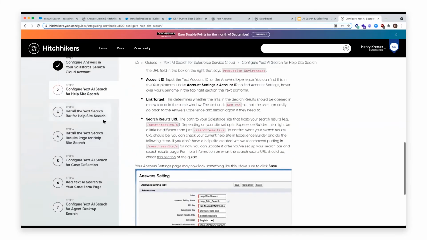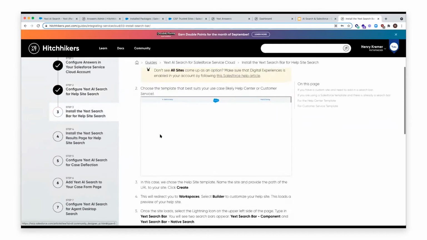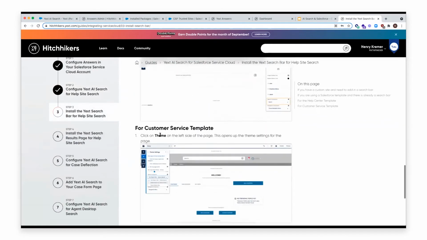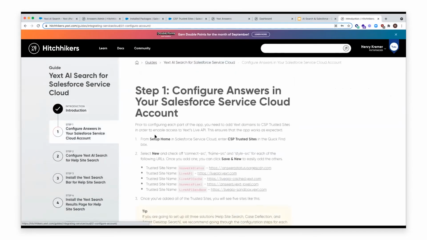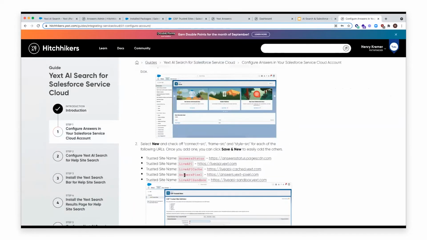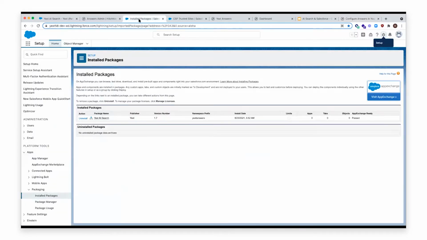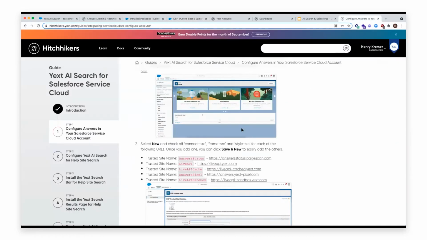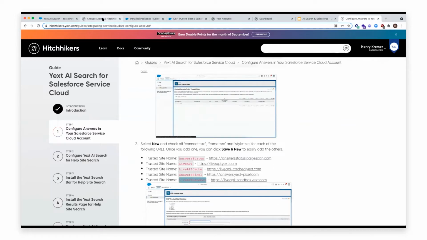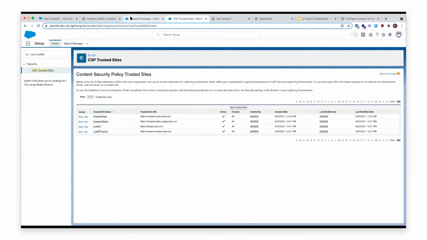Let's see. I just need to find one of the CSP types. Here it is, right at the top. So we've got Pixel, Status, Live API, Live Cache. These are ones I preloaded just to be efficient. We're going to add Live API Sandbox as well as the fifth and final